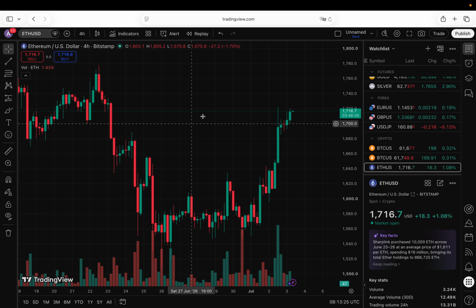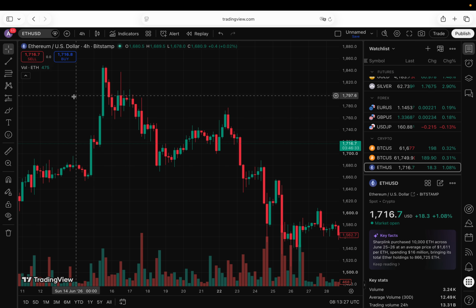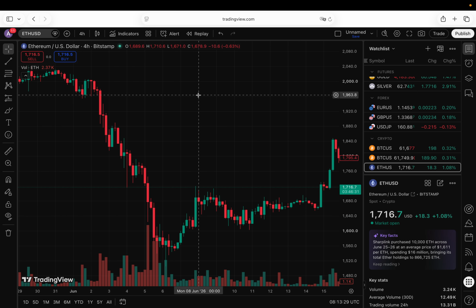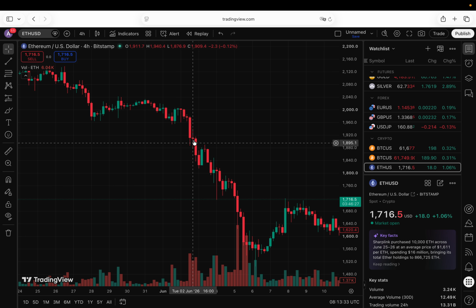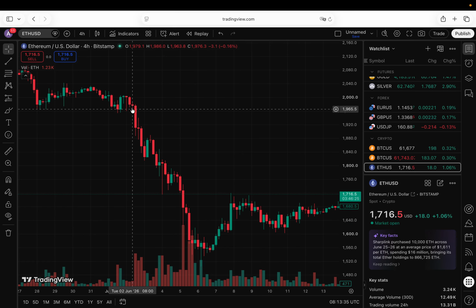But this is just a very simplified version, and we will move into more complex topics: how to detect volume and price action, and when to buy and sell. So we will